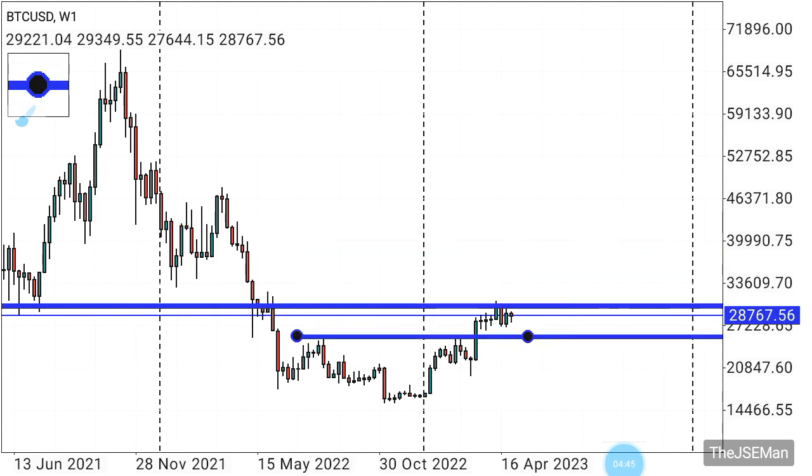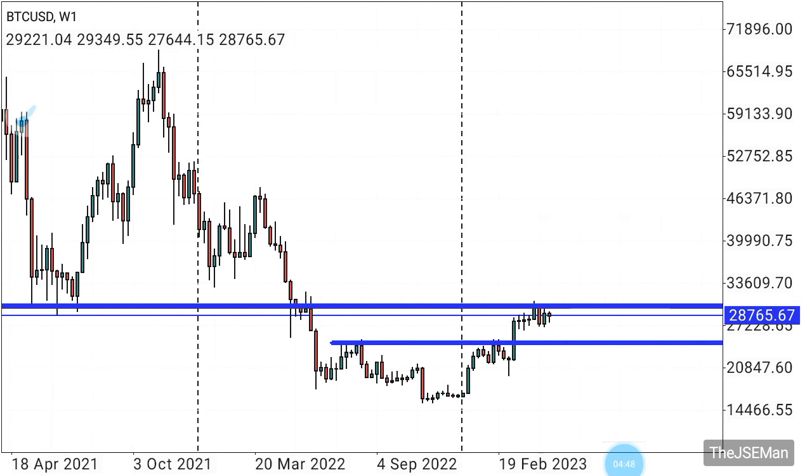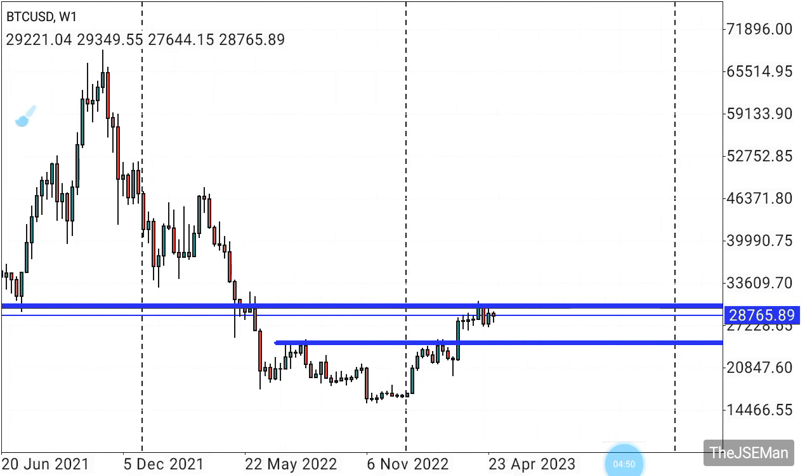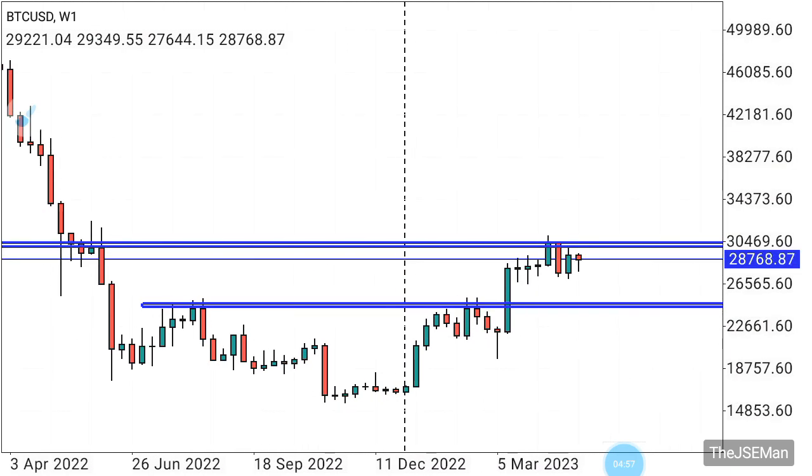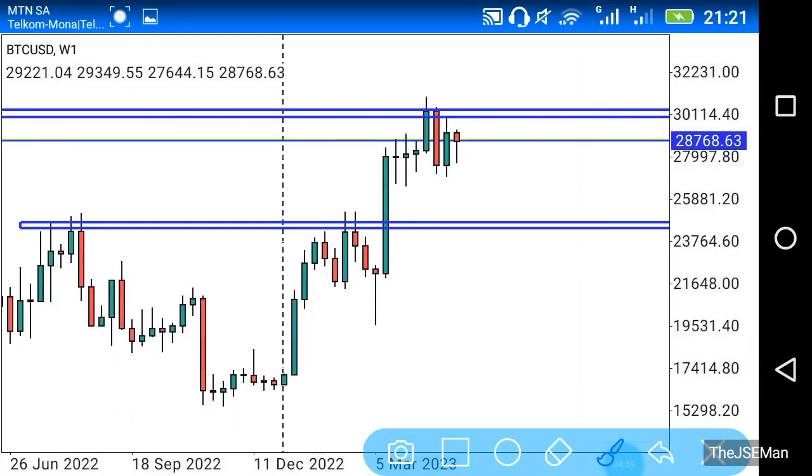We could say more or less that the neckline is at that level, and just also remember that necklines, as I said, are areas and not so much actual lines. What else do we see in regards to this pattern, or rather this chart? Another thing that I see that is also very much important is that we have this candlestick over here,